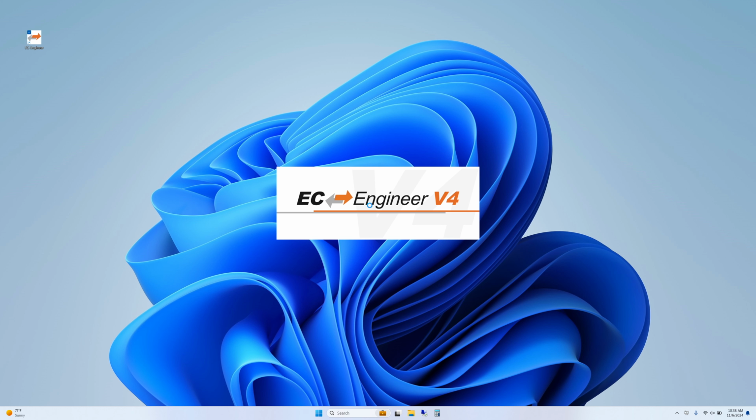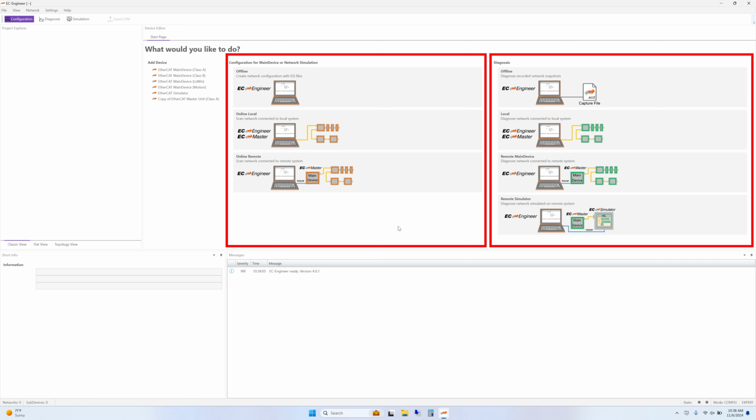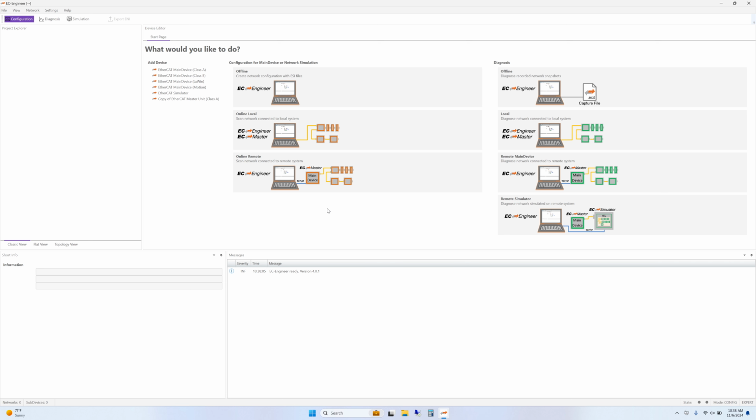The first thing you'll notice in EC-Engineer 4.0 is the new start page. The start page has been completely redesigned to be easier and more intuitive to use. There are now two columns to clearly delineate between configuration options and diagnostic options. We've also made the tiles more evident with new text descriptions, bigger pictures, and logos for the acontis products involved